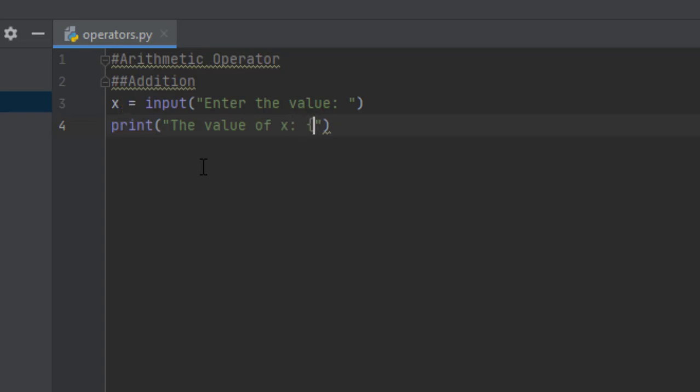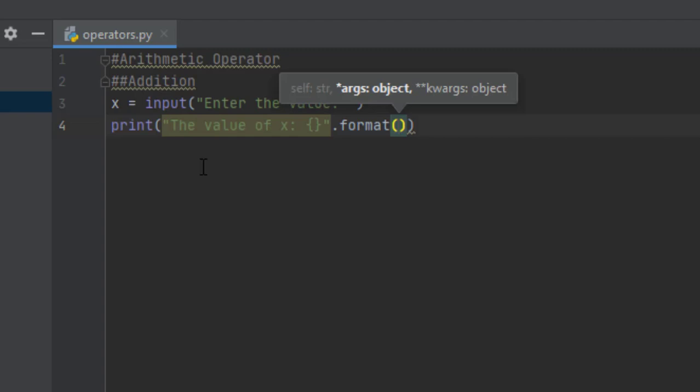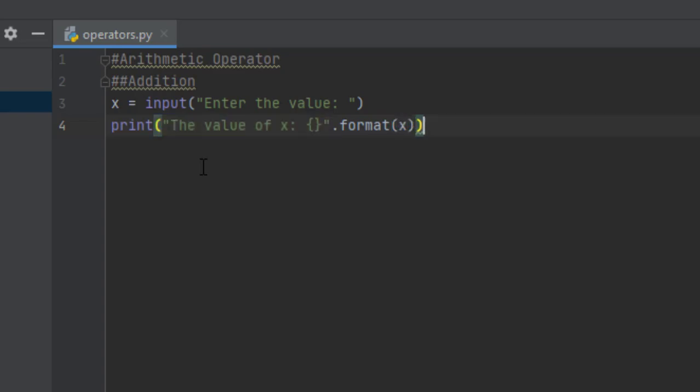So we'll give a curly bracket and after the closing quote we'll give dot format. Here dot format means the curly bracket I have given will take the value of whatever is given inside the format block. Suppose I give an x here, this curly bracket will take the value of x, meaning it will simply print the value of x.